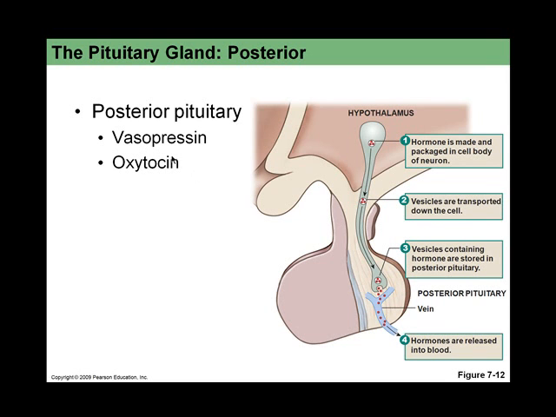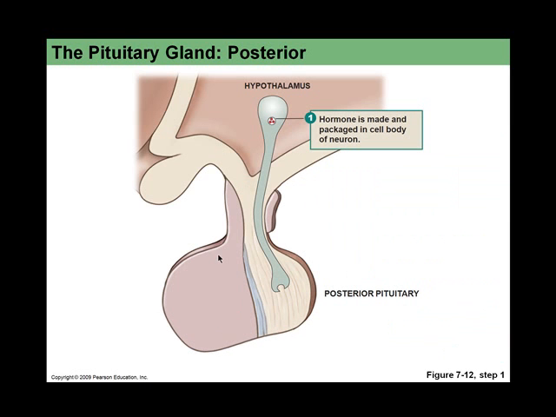Oxytocin is the second. And we talked about oxytocin with the positive feedback system, so we're somewhat familiar with that. So now we want to think about synthesis, transport, and release and delivery to the systemic circulation. So from the posterior pituitary, we know that there are neuron cell bodies of origin, where it's synthesized and packaged,